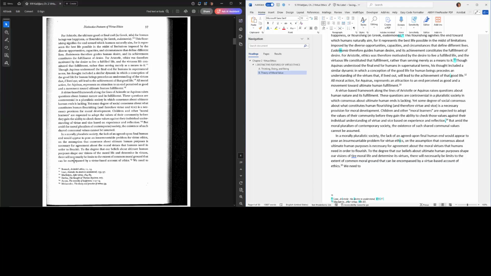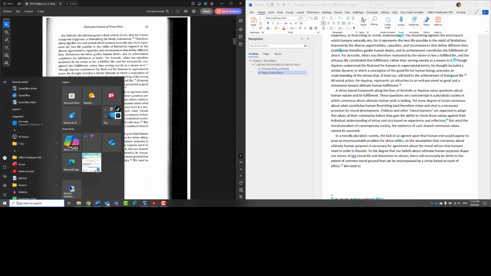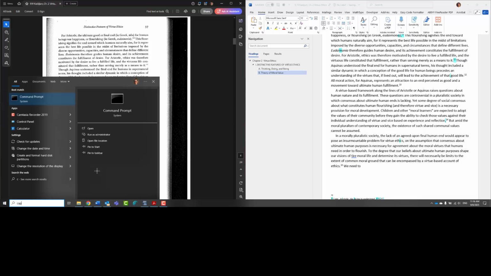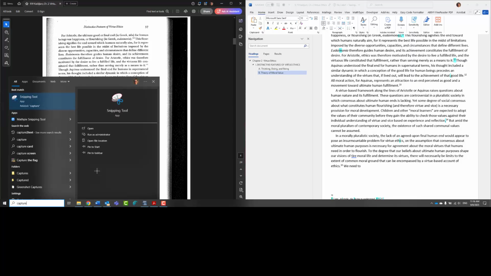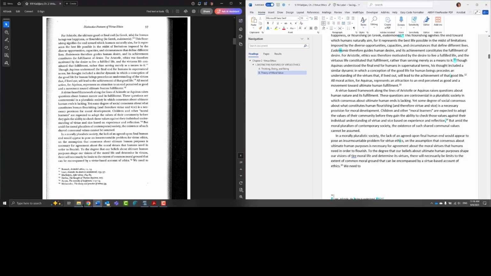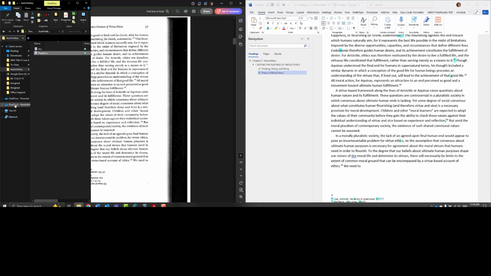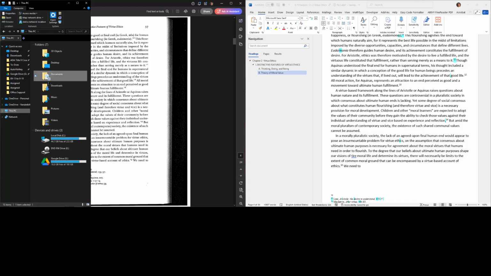I need a quick way to grab this text. So I have a program called Capture to Text. No, it doesn't want to be available, so I'm just going to have to go in here and grab it.